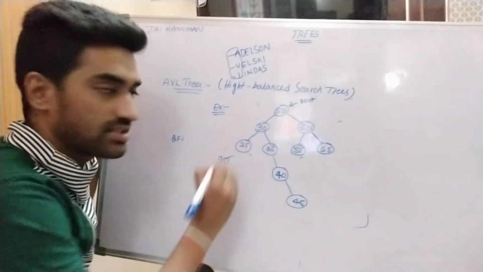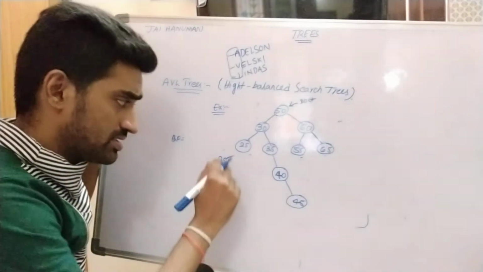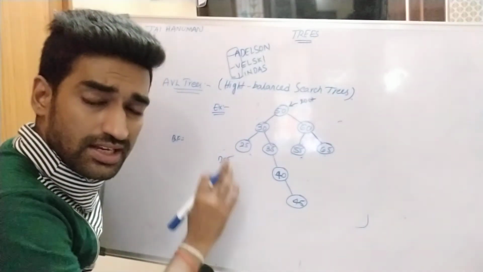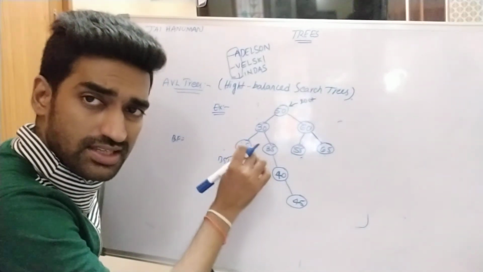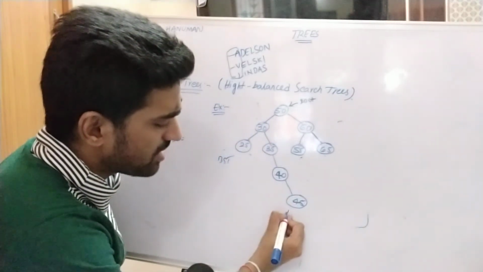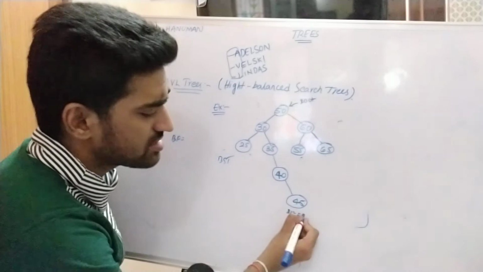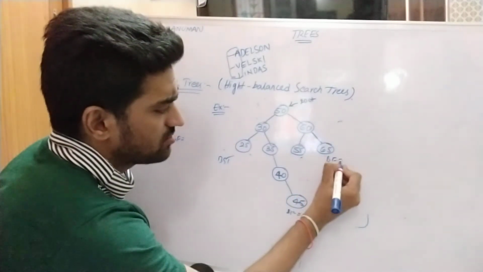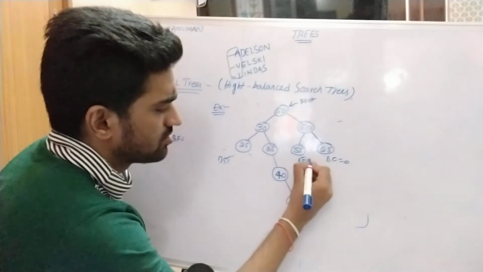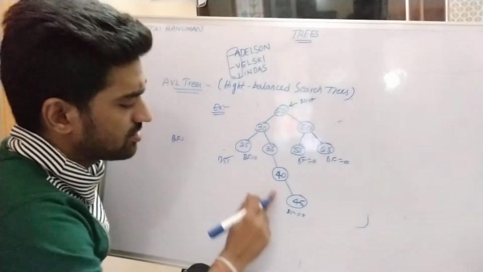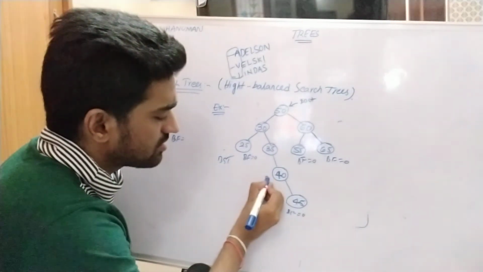Binary search tree. Now to check the balancing factor for each and every node, then only we can say whether the tree is an AVL tree or not, right? So for leaf nodes, obviously the balancing factor is 0. Why? Because no left subtree, no right subtree is present. So the balancing factor is equal to 0, 0, 0. Right?